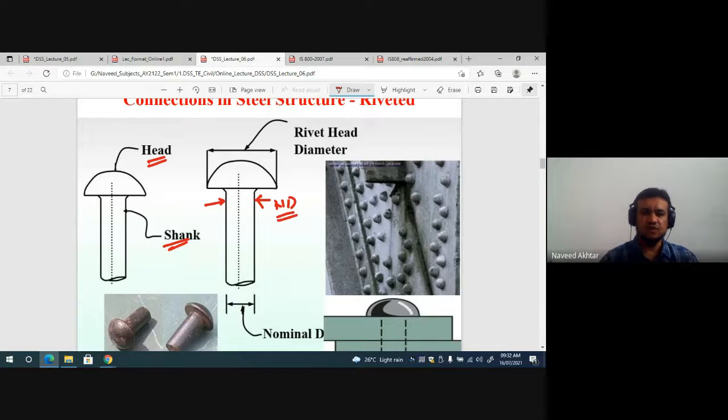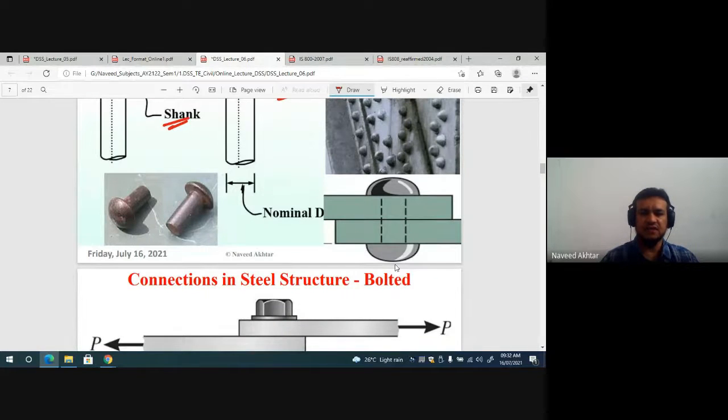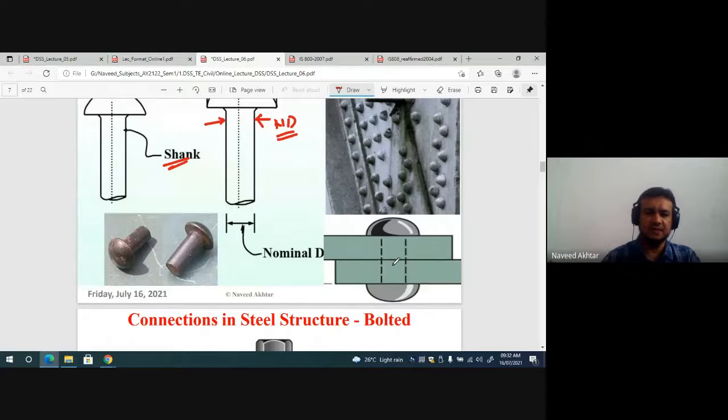Okay, you are making the connection, maybe the left one, maybe the bottom one. It depends on how you are making the connection. So here you can see the straightened portion is there, but after the installation, you have to apply hammering and then it converts into another head. This straight part of the bottom is converted into another head, and then after getting these two heads,